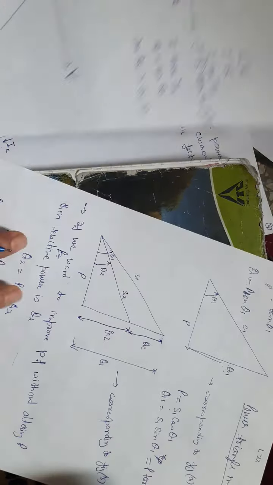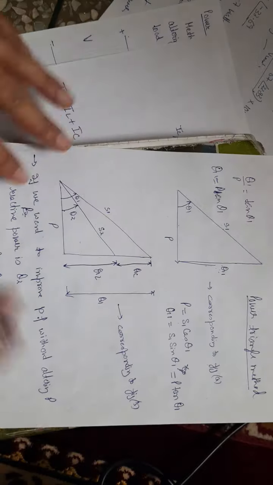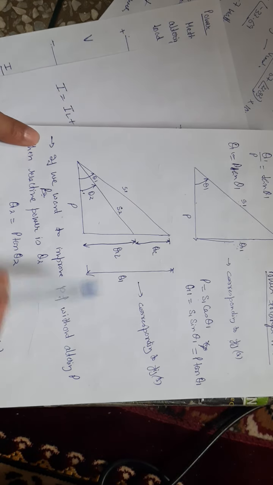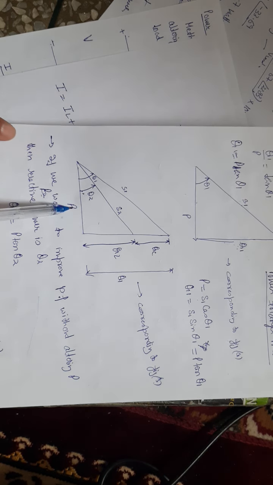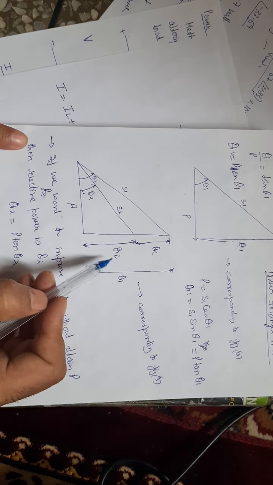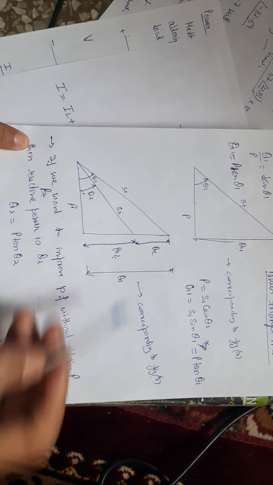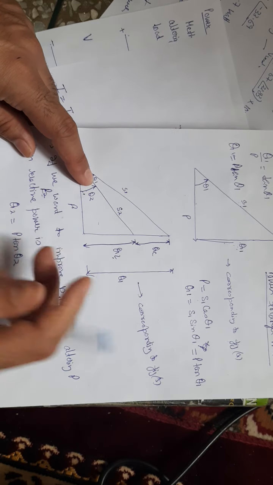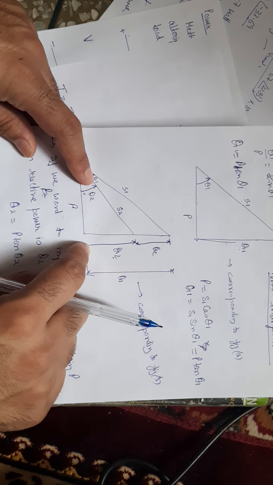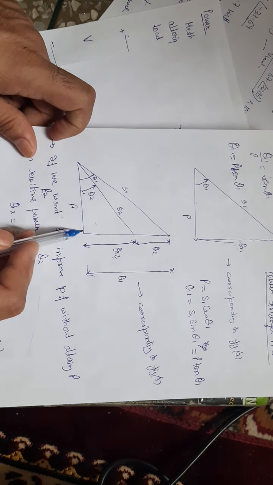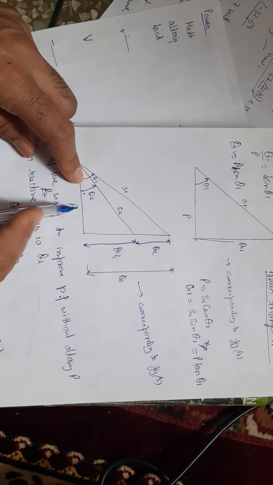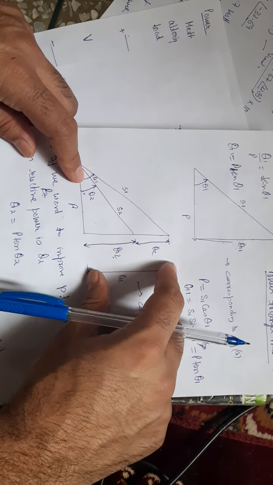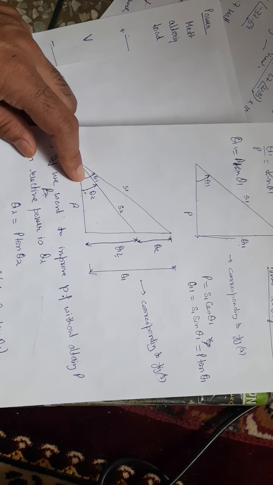Same thing I am showing here. If we want to improve the power factor without changing P, because P will not change, then the reactive power is Q2. If you want to improve the power factor from theta 1 to theta 2 without changing P, the new reactive power will be Q2. In this triangle, Q2 is nothing but P tan theta 2. And what is QC? QC is nothing but Q1 minus Q2.